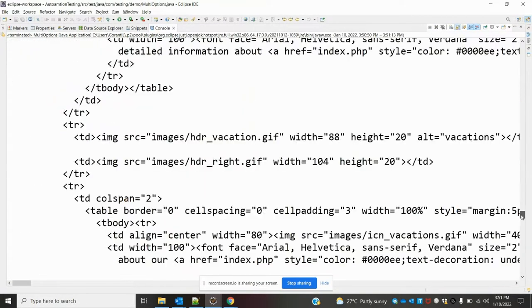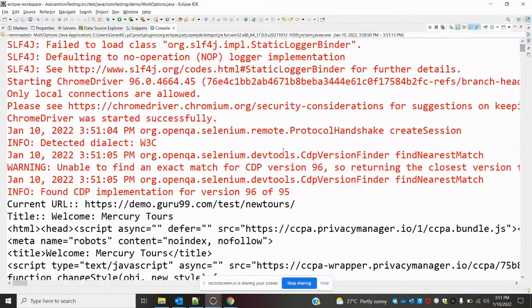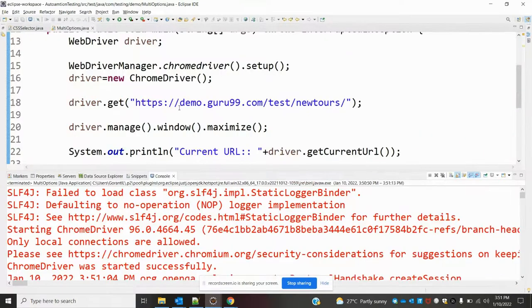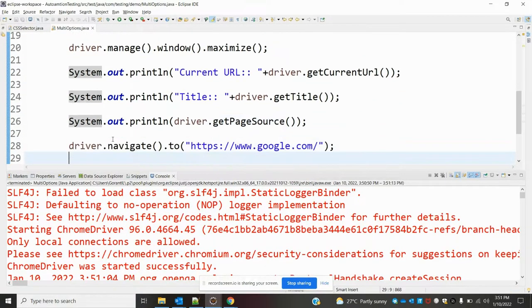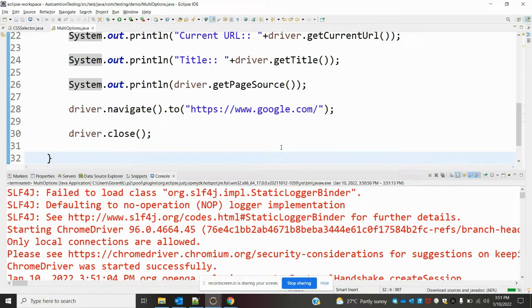Here we printed three different values: the current URL, title, and page source. These three, and navigator also, we saw. And the browser also closed. Quit I will show you in a later video.